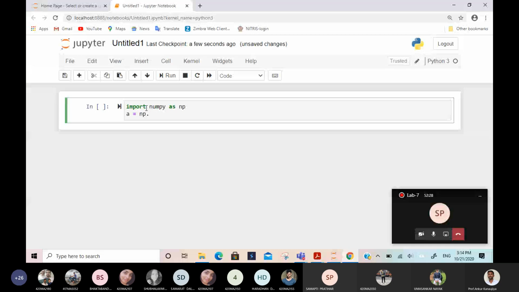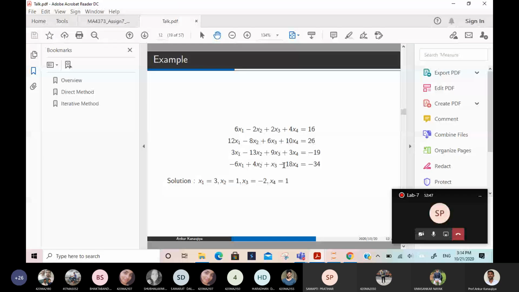I want to write matrix A with np.array, and then in this matrix bracket I will write this matrix. I want to solve this example. So can you tell me what is the first row in the matrix? 6, minus 2, 2, 4.